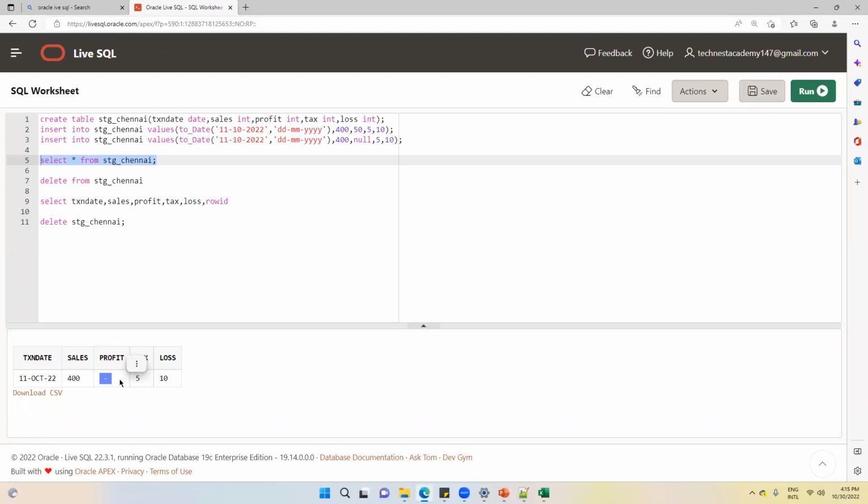No. Will you show this on the report? No. So what will you do now? Tell me what you will do now. We'll contact the source. You will contact the source, right? So again, you are working on the data. You are cleaning the data. You are checking the data is correct or not. So that is why you need a staging Chennai.